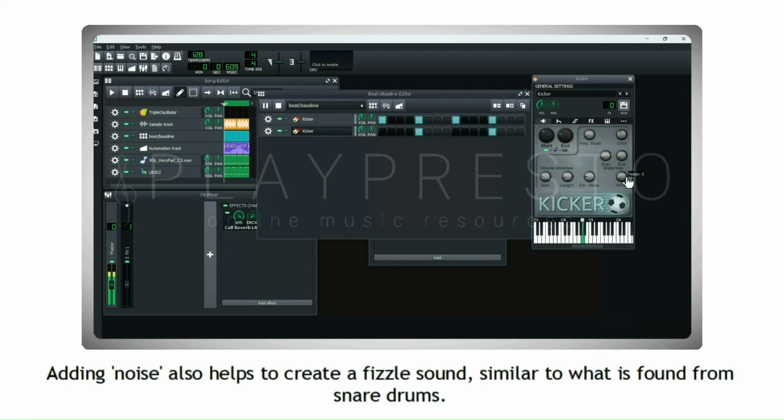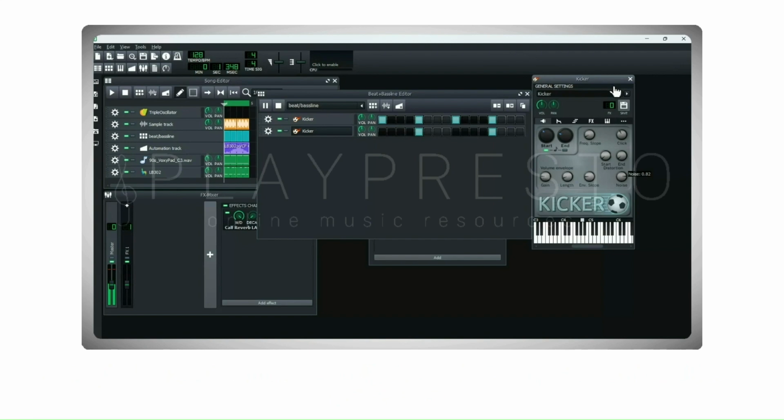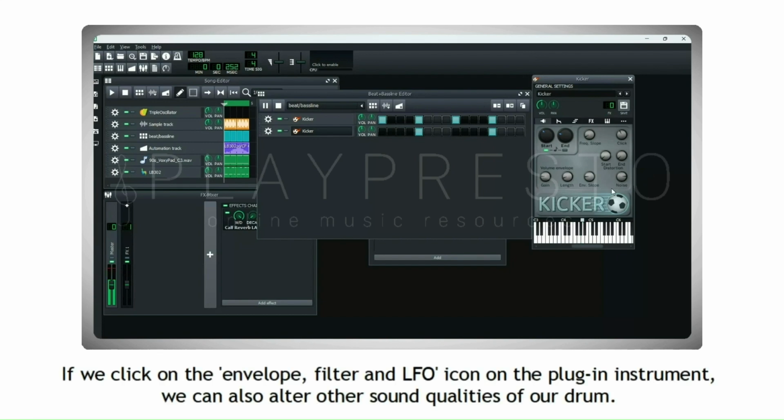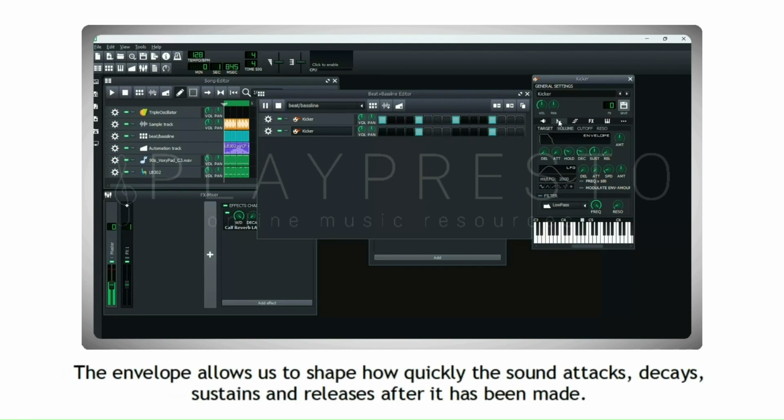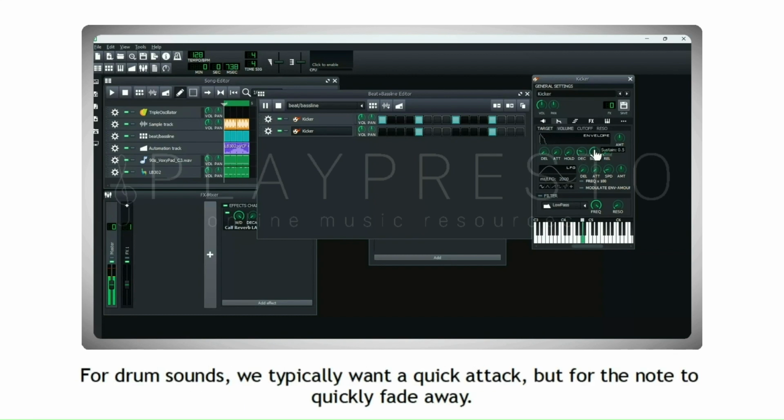Adding noise also helps to create a fizzle sound, similar to what is found from snare drums. If we click on the envelope, filter, and LFO icon on the plugin instrument, we can also alter other sound qualities of our drum. The envelope allows us to shape how quickly the sound attacks, decays, sustains, and releases after it has been made. For drum sounds, we typically want a quick attack, but for the note to quickly fade